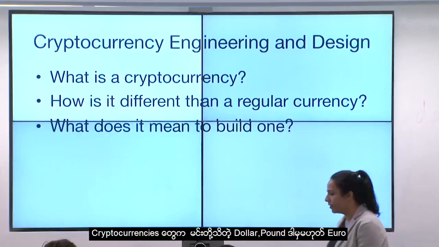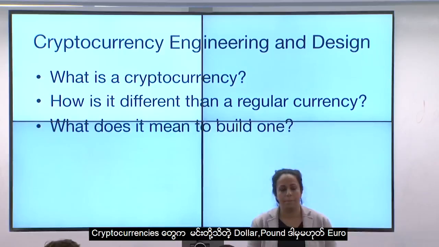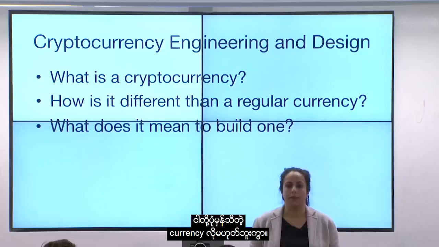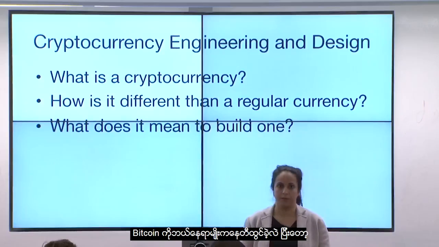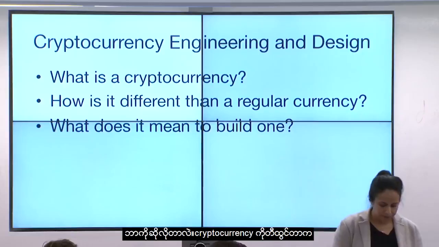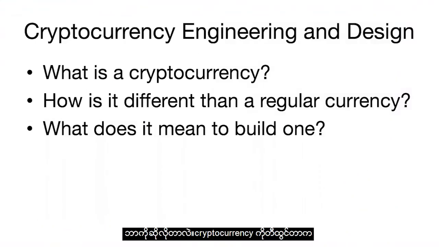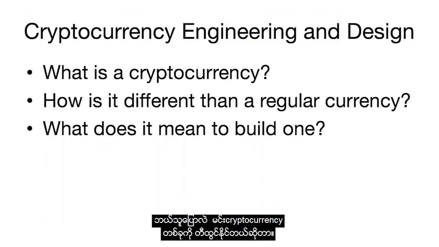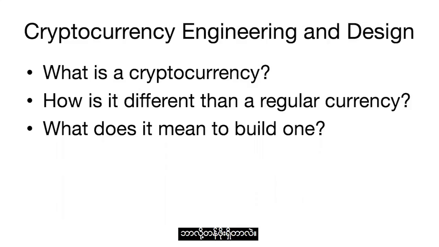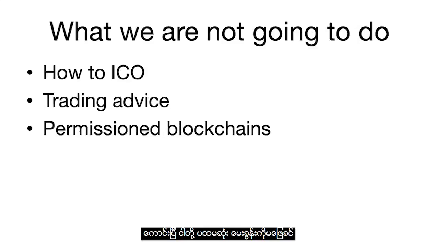So cryptocurrencies are not regular currencies. They're not a dollar or a pound or a euro, what we normally think of as currency. They're something different. Bitcoin was created out of nowhere. What does it mean to create a cryptocurrency? Who says you can create a cryptocurrency? What backs a cryptocurrency? Why is it valuable? Well, before we answer that question, I just want to make it really clear what this class